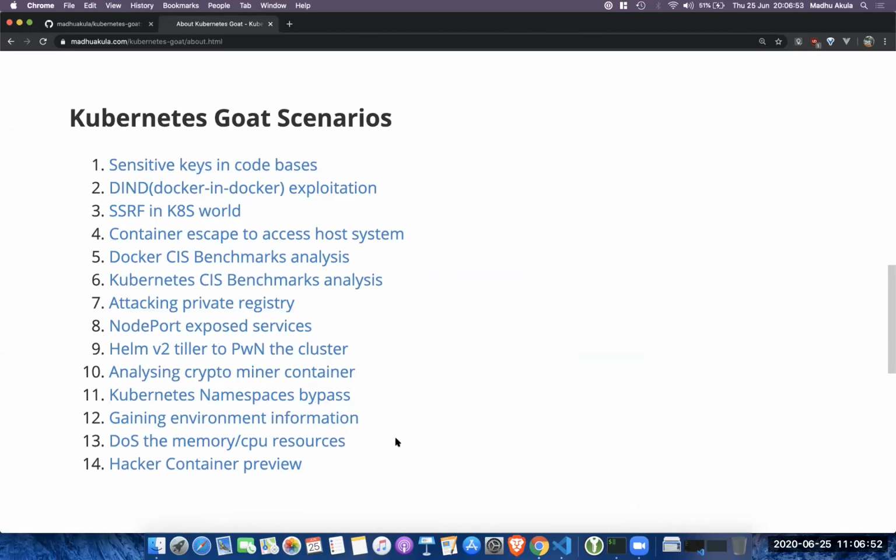These scenarios have been taken from real world examples, which we have seen commonly in attacks in the Kubernetes ecosystem, like finding sensitive secrets in code bases pushed into Docker registries, and vulnerabilities like DIND, commonly exploited in the market, like in CI/CD systems or where you are using the Docker socket. I'll go through some of these scenarios at a very high level and showcase how you can get started with using Kubernetes Goat to accelerate your Kubernetes security learning.